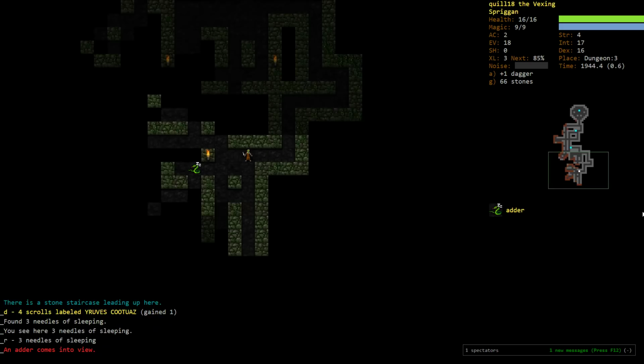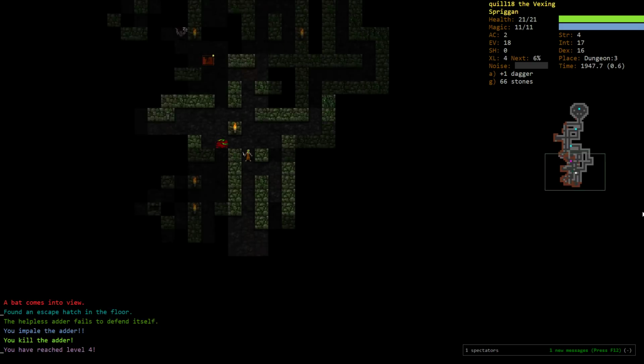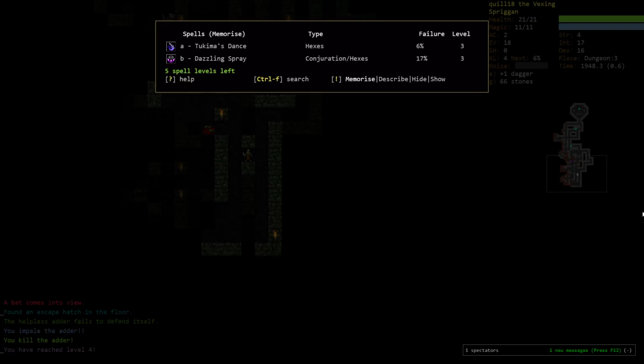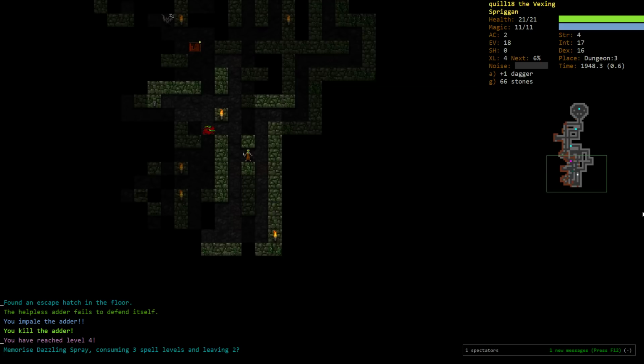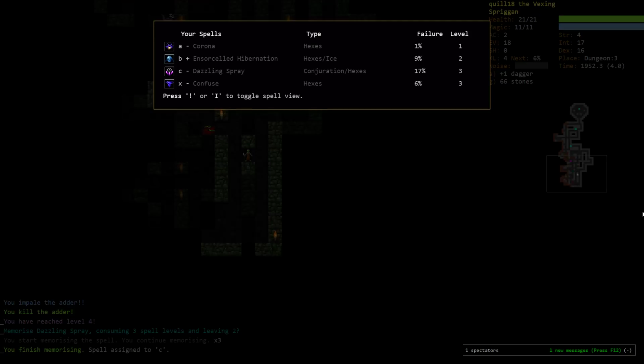There's almost no way we get to this adder without it waking up. Except we did. Good. And level 4. Now, Dazzling Spray can also do some pretty cool things for us. We're going to go ahead and memorize that. If we go...